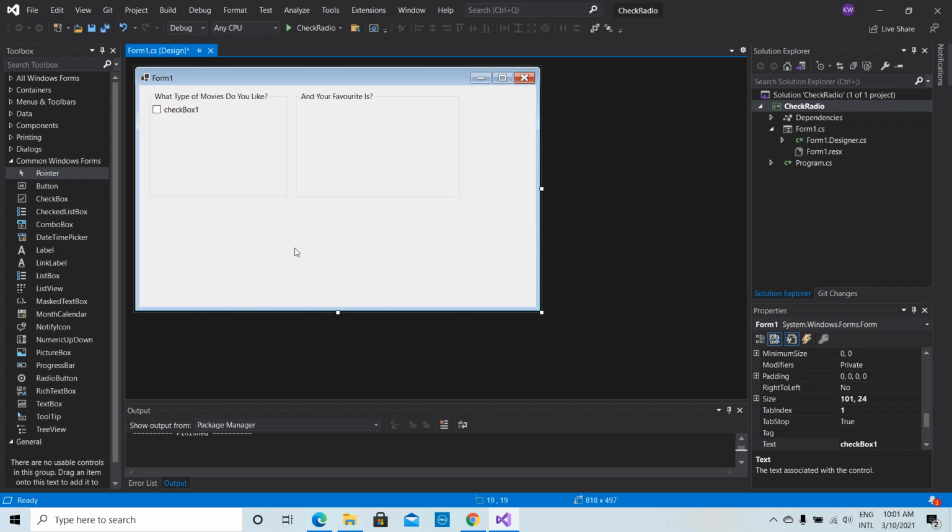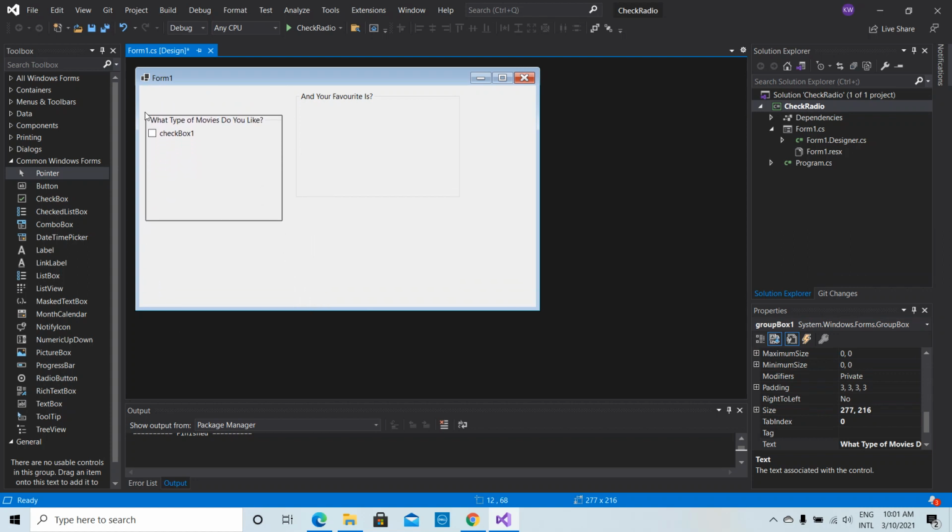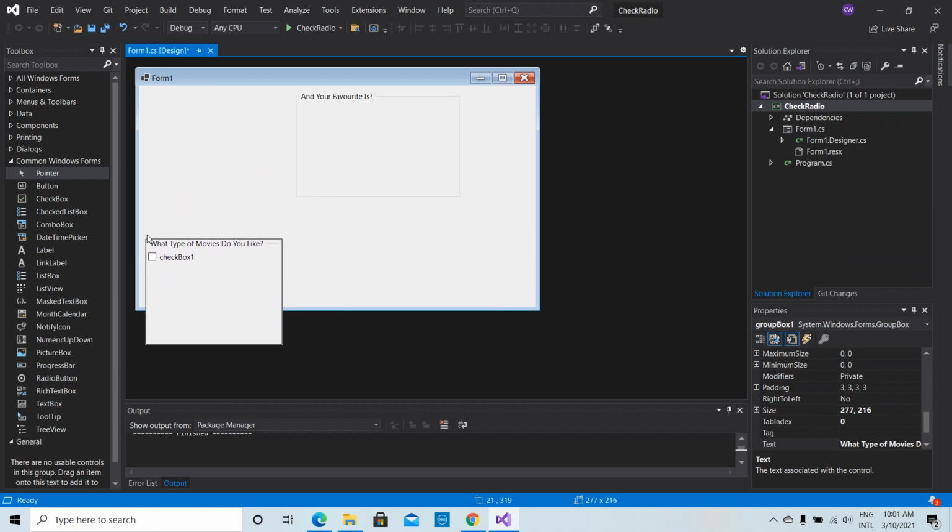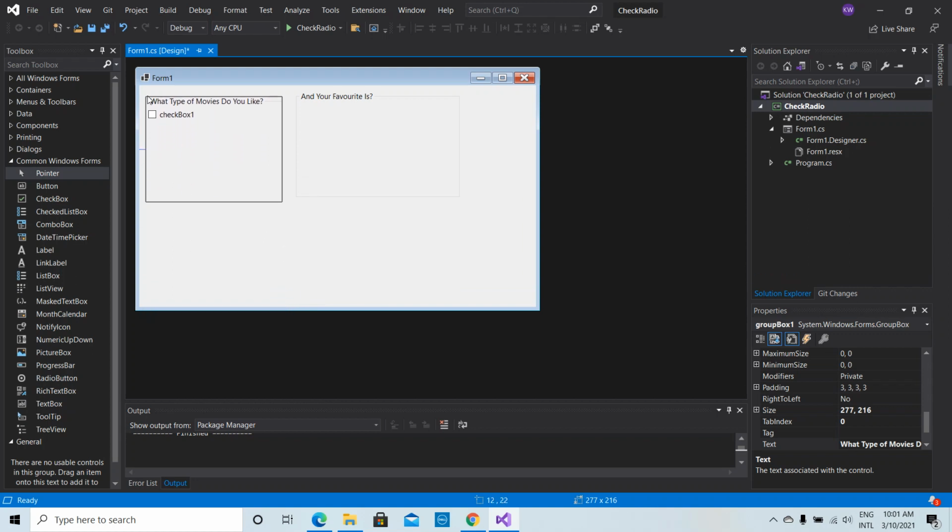The other thing is, once you move your group box, the controls inside the group box also move with it. And you can use these blue colored horizontal and vertical lines to properly align your controls. And now if you select the checkbox,